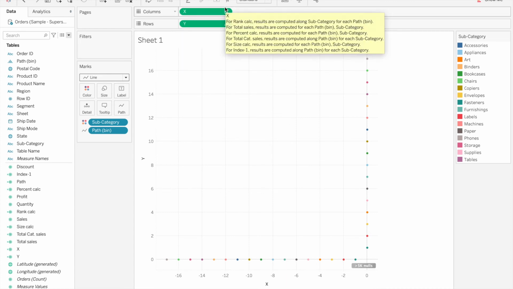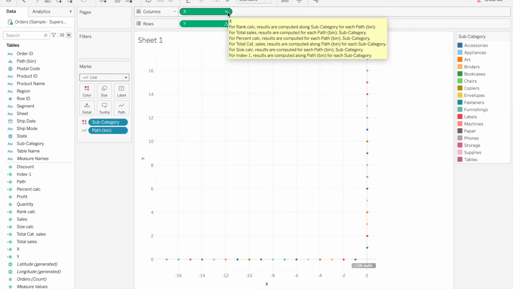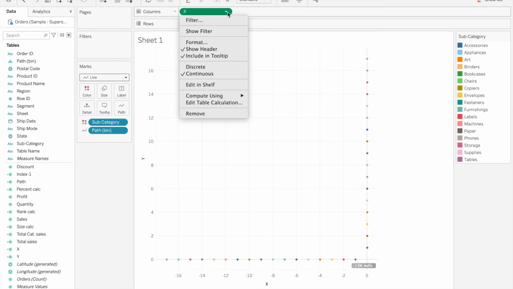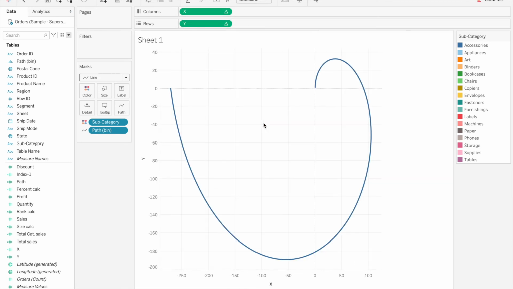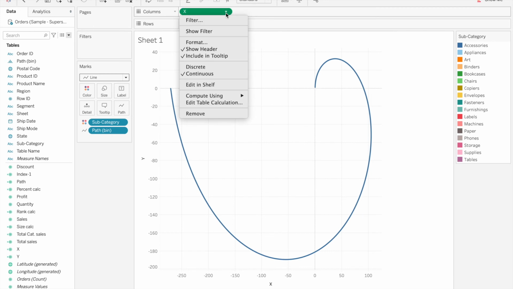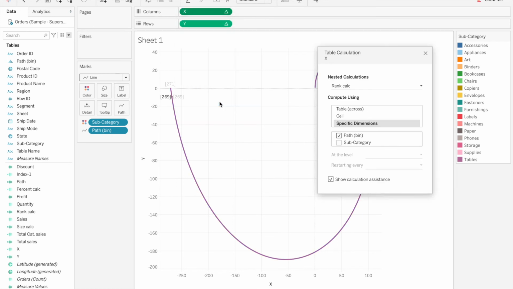In order to create a radial chart again, we will repeat some of the procedures that we have done before. Go to compute using, go to path, again compute using path. Now go to edit table calculations.